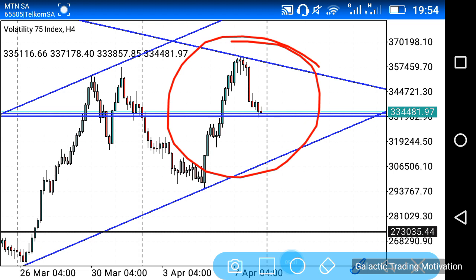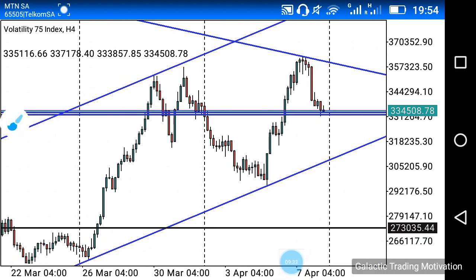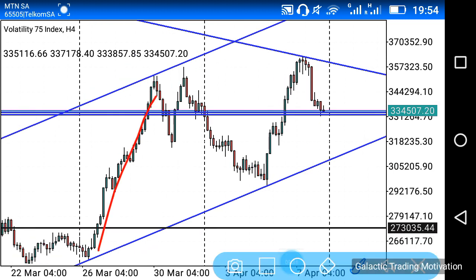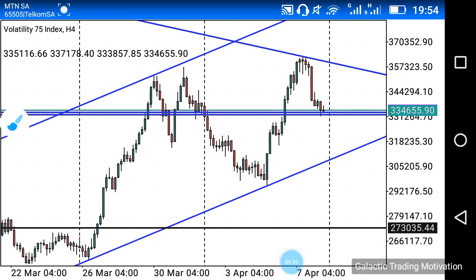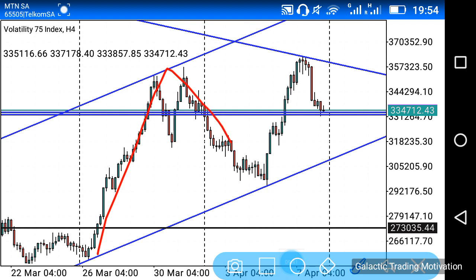Remember the daily chart, I spoke about how we have this huge M structure. As much as we have that huge M structure, we also had this M structure over here, right, which had a second leg at this point, right? And I told you guys that whenever we have these M structures, what normally happens is that a lot of traders and investors sell on that second leg of that M structure, and they place their stop losses just above, right?